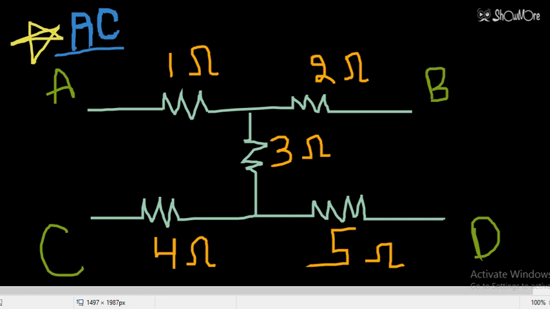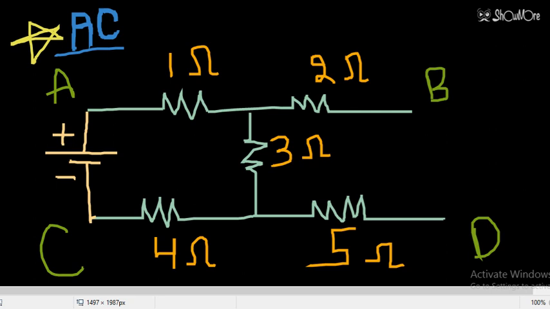So now students, we are going to discuss the case when we have to find the resistance between point A and C. The simplest way is to connect the battery across the two terminals. So let's start the question. Here we have connected the battery across terminal A and terminal C, as you can see here. This is the positive terminal and this is the negative terminal.